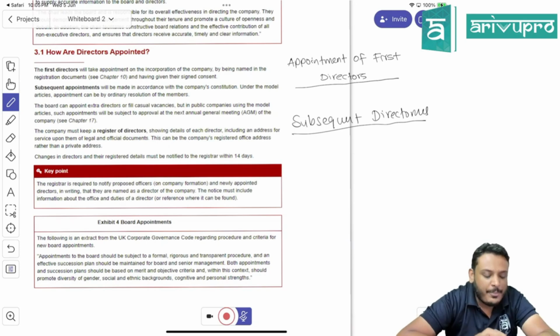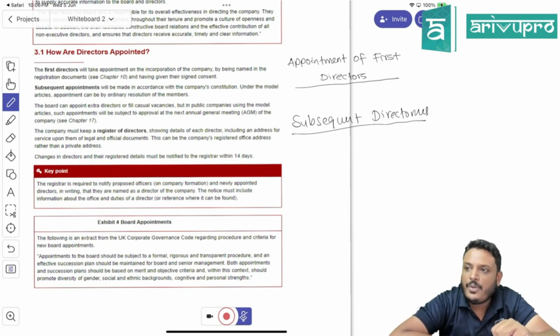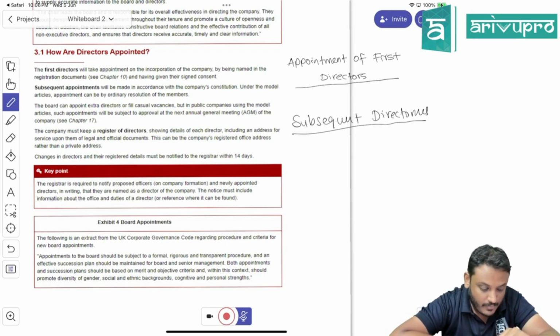Next point, write down: appointment of subsequent directors should be carried out according to articles of association.